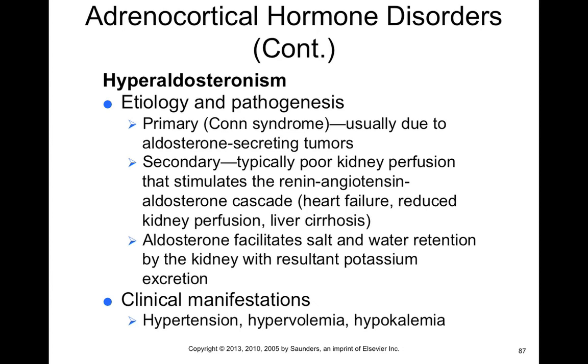Now, hyperaldosteronism is also a condition of the adrenal cortex, but this is due to aldosterone. We know that aldosterone is one of those hormones that helps you retain sodium but secrete potassium. So you can imagine then that hyperaldosteronism is going to lead to abnormally high sodium levels or abnormally low potassium levels, so hypernatremia and hypokalemia. Now, the primary cause of hyperaldosteronism is actually Conn syndrome, and this is usually due to an aldosterone-secreting tumor somewhere in the body. Secondary causes can be from poor kidney perfusion that stimulates the RAAS, and so you get too much aldosterone being released from renal failure,